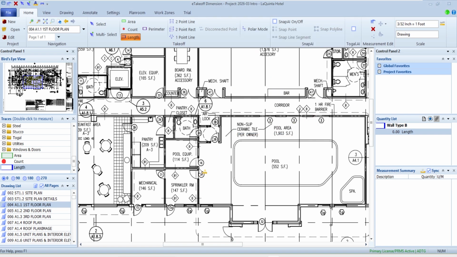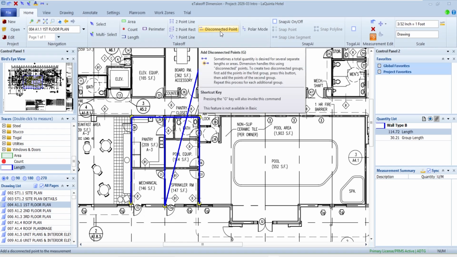And then basically it's just really a matter of entering wherever my linear footage goes. So if I want to say that I've got something from here to here, I could follow along if I wanted to. I might also, if there's times I want to cut this line off, say I've got a disconnected point to cut that line off, and maybe I want to jump down through here for a little bit. Some of those types of things.